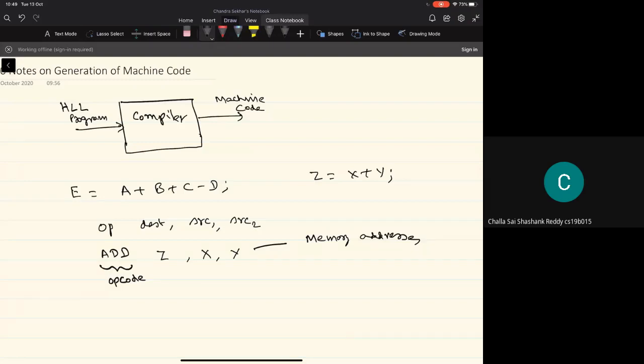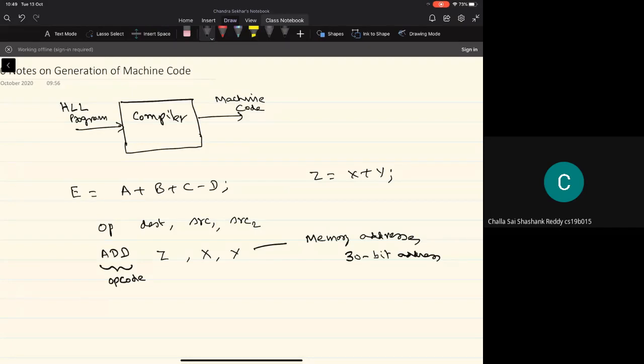So the operand x will have some memory address, and y will have another, and z will have another. And what is the typical size of this memory address? We have seen that the typical size of the memory unit is 2 power k by 32 bits, where k will be very large, in the current day processors possibly 30, right? So each of these memory addresses will be at least a 30-bit address, right?